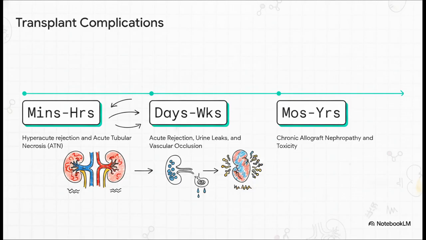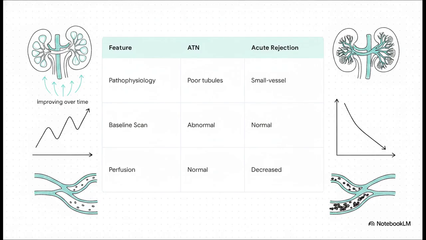Moving into the days to weeks phase, the threat shifts to cell-mediated acute rejection or urine leaks. And then, months to years down the line, chronic allograft nephropathy becomes the primary concern. So knowing when the scan is taking place is just as critical as what we're looking at. Now, the most common, and frankly, the most stressful dilemma in the days immediately following surgery is distinguishing between two